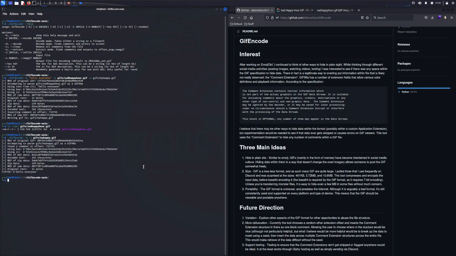That we've encoded. So in this case, again, it has to reparse the file because it has to parse it every time. It is going to go through the entirety of the file looking for any comment extension data. So in this case, it found our offset and decrypted it successfully. An interesting thing about this is because the file format allows any number of comment extensions, that we can actually insert multiple